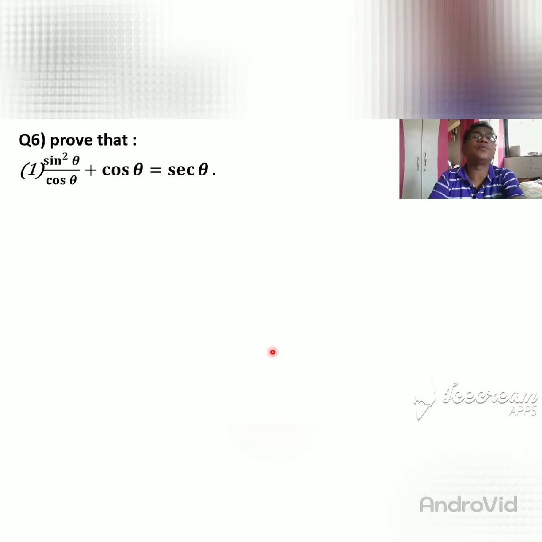So first see what is given. This is problem number 1: sin square theta divided by cos theta plus cos theta is equal to sec theta. This is the left-hand side. When you solve the left-hand side, your answer must be sec theta. This is the way you want to prove it. Or, some students may think, sir, why not start from sec theta and get this? That is also possible. It depends on you which side you want to prove from.